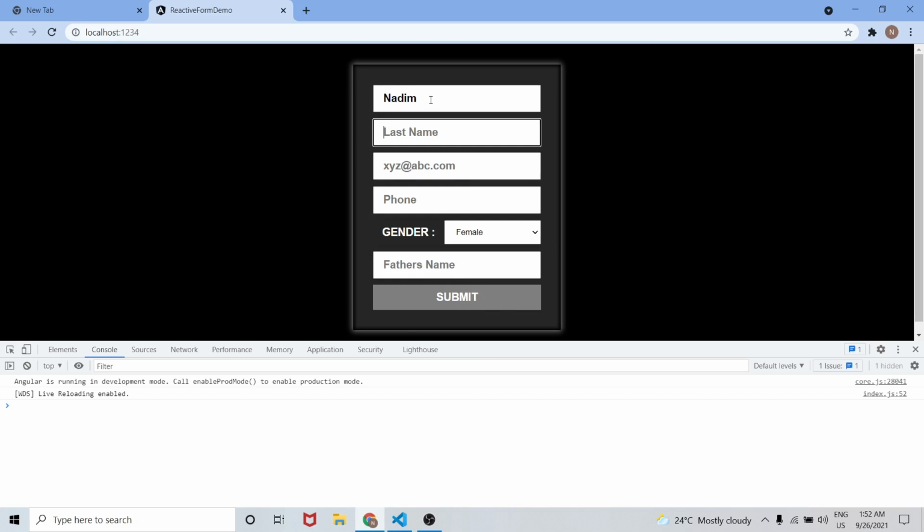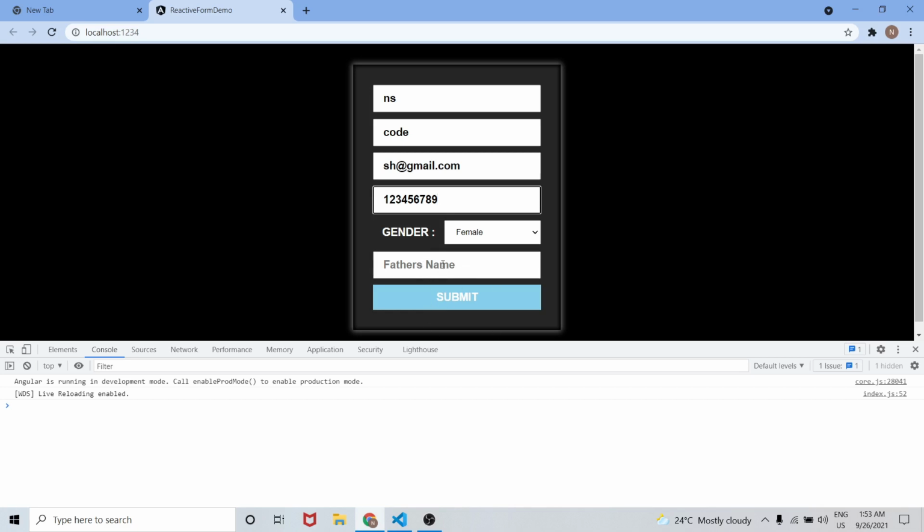Now the problem is, if I write some random name, and an email such@gmail.com, and let me write 1 2 3 4 5 6 7 8 9, as you can see, the father name value has not been added and still the submit button is active, but we don't want this.